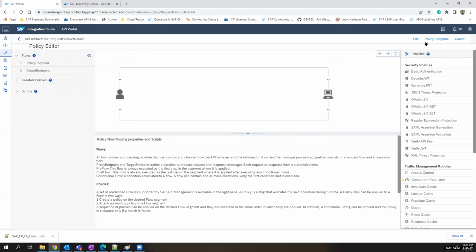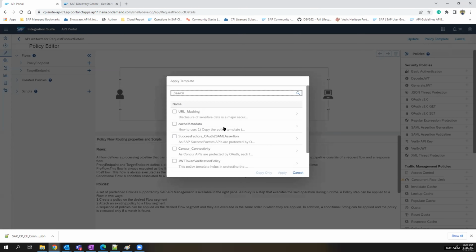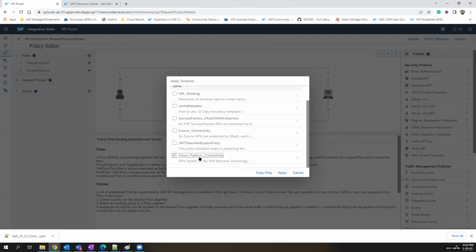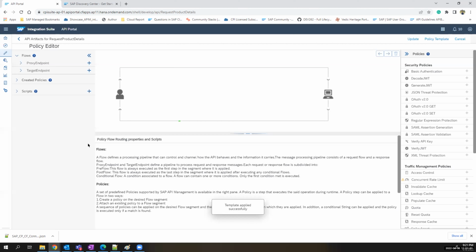So edit, policy template, apply. All the policy templates which are there in your API portal will be shown here. I'll be using cloud integration platform, cloud platform connectivity, and apply. Once you apply the policy template, however the policy template has been created,